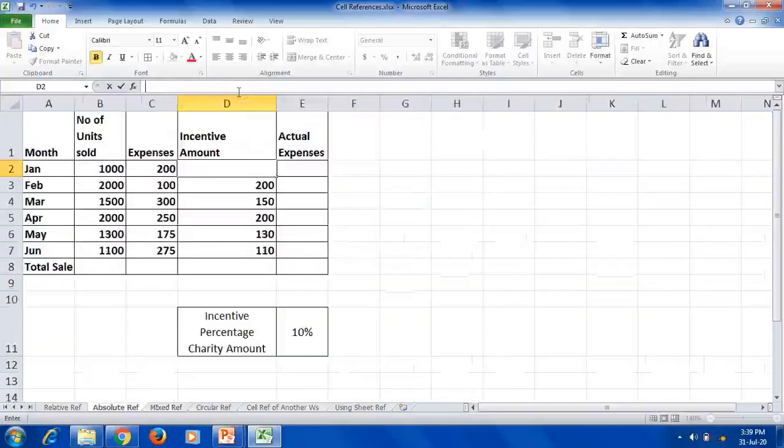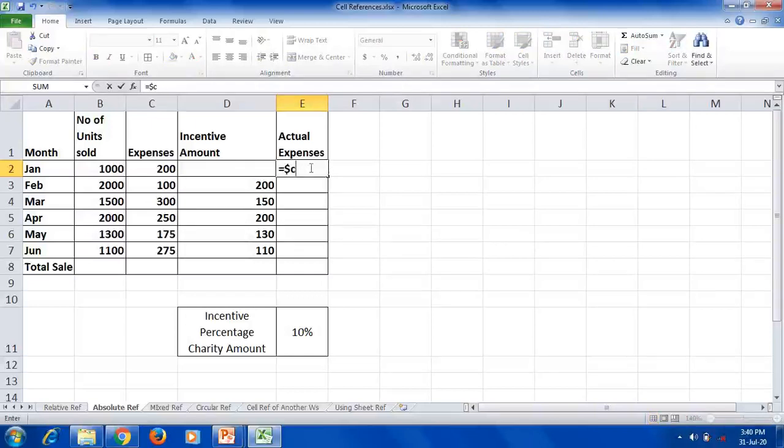Now we are going to calculate the actual expenses here. So write a formula, is equal to, first put a dollar sign, C column. In the C column we have the expenses amount.